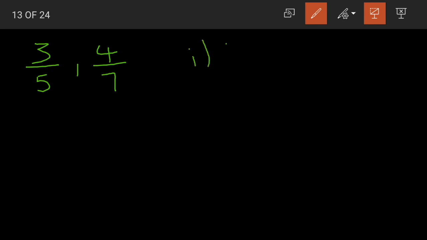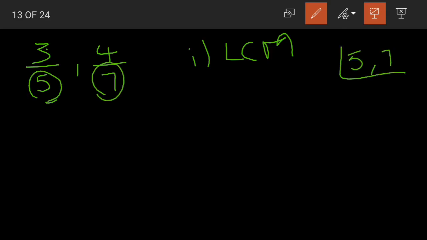The first step is to find the LCM. You know LCM, right students? Least common multiple. Least common multiple of what? The numerators? No, the denominators. Why the denominators only? Because if you remember the definition of like fractions, there the denominators were the same. Yes, the denominators were the same. So here we'll find the LCM of our denominators.